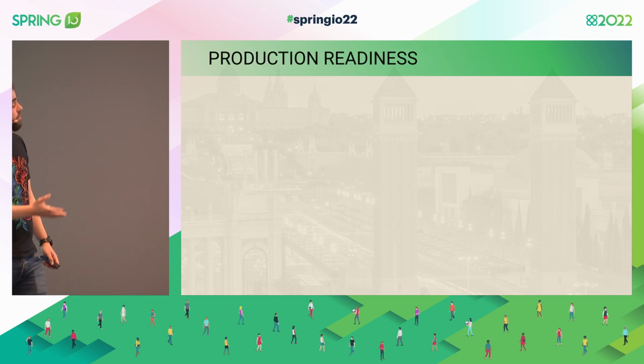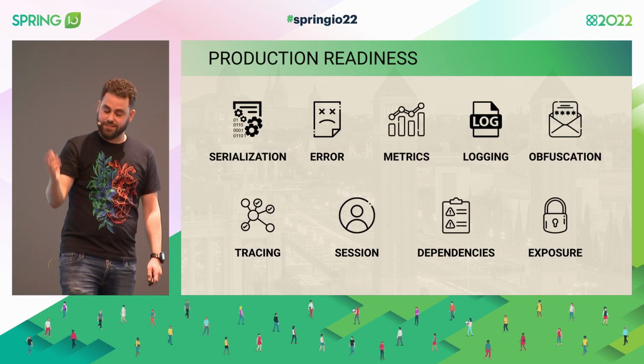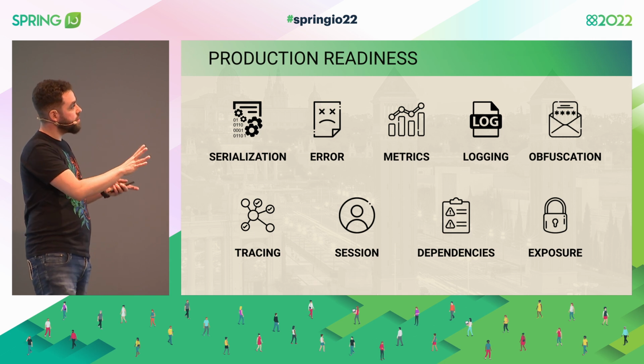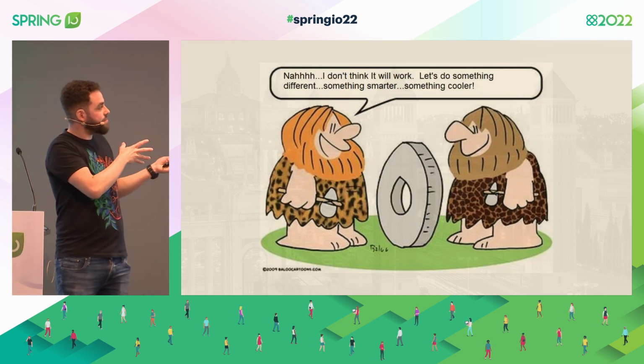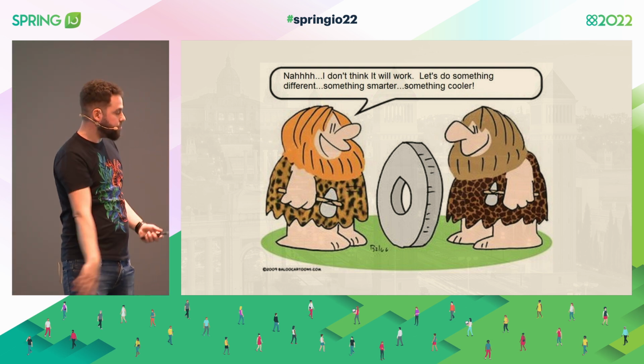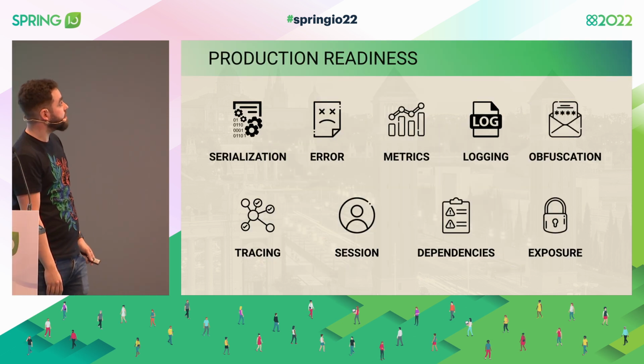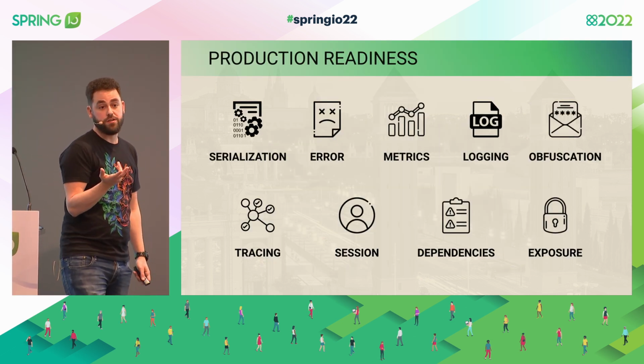So if we focus on the things I mentioned before about production readiness, we have this list. And actually, the list is way longer, but this is enough because it doesn't mean that we have to do all of them. And that's why I like the list. It's just simple enough to go through it. We don't have to reinvent the wheel, right? And these things actually fall into 3 different categories.